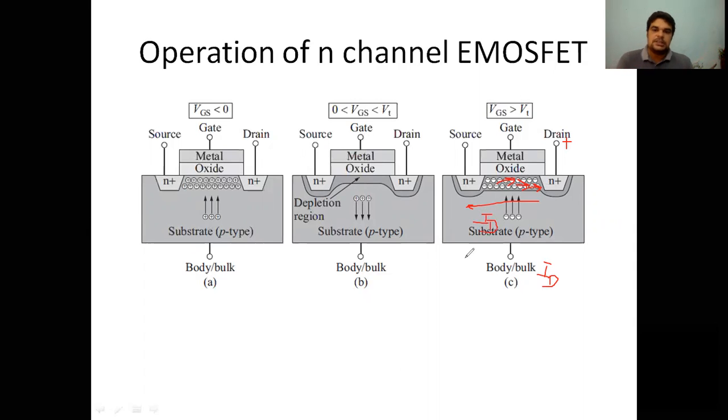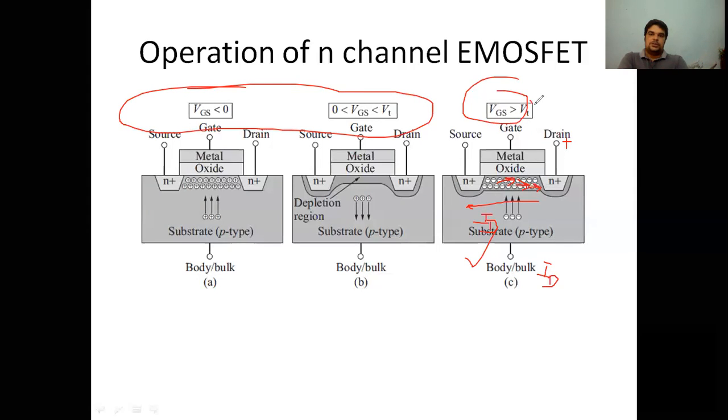Okay, so this is the very basic one. So drain current will not flow in these two cases. It will flow in this case only. The required condition for current to flow is that the gate voltage with respect to source should be greater than the threshold voltage. And after that, we will consider the effect of drain voltage. Drain voltage acts as the puller of these electrons. It is used to pull these electrons.